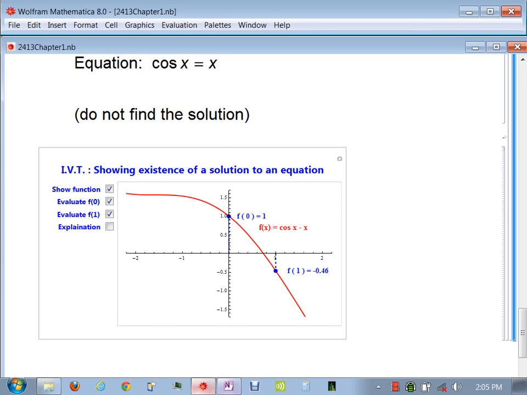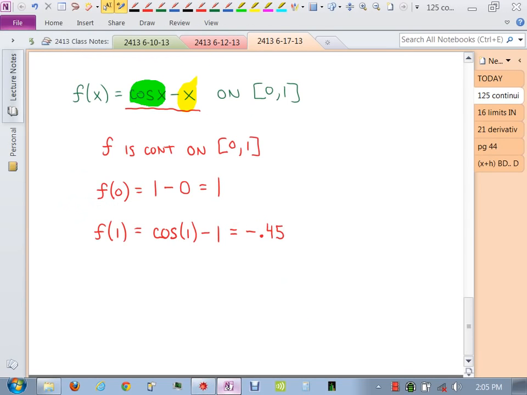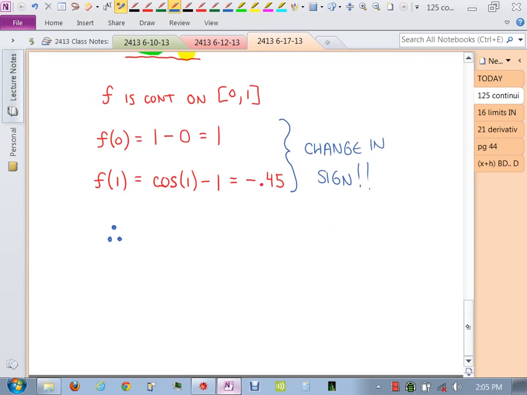So when you're trying to explain this on a test or a quiz, all you're trying to show me is that there's a change in sign. Therefore, three dots like that in mathematics means therefore. That's a shorthand for writing the word therefore. Therefore, f of x, the function,